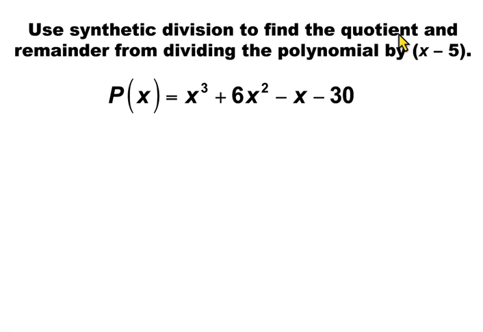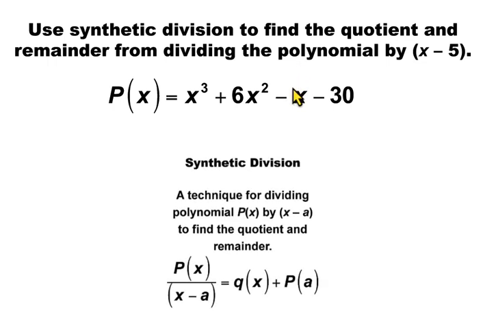Use synthetic division to find the quotient and remainder from dividing the polynomial by x minus 5. Synthetic division is a way of dividing one polynomial by a linear binomial to find the quotient and remainder. When dividing by a linear binomial using synthetic division, make sure the factor is written in the form x minus a. As you can see, x minus 5 is already in this form, so we will be using 5 in